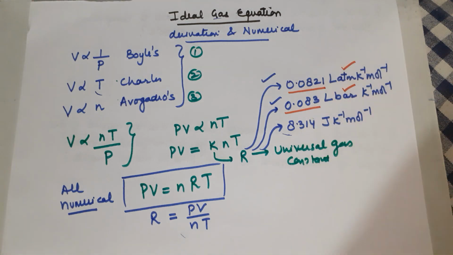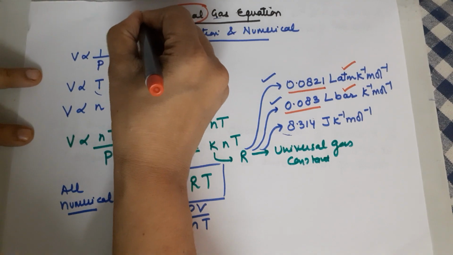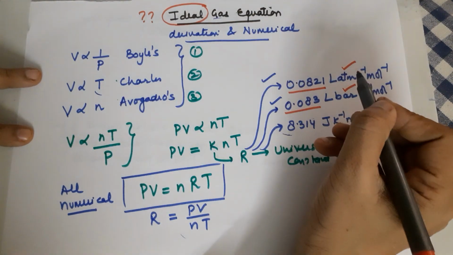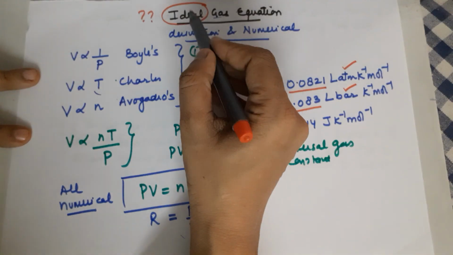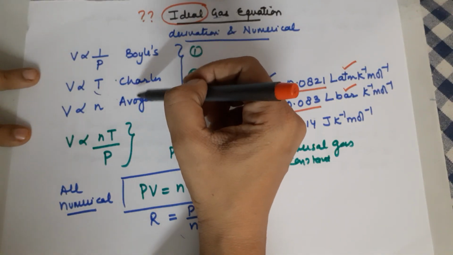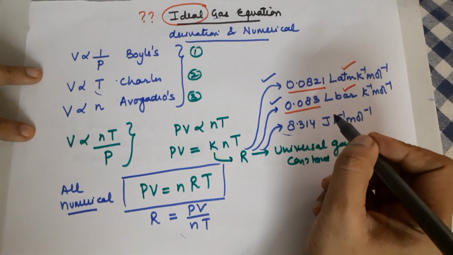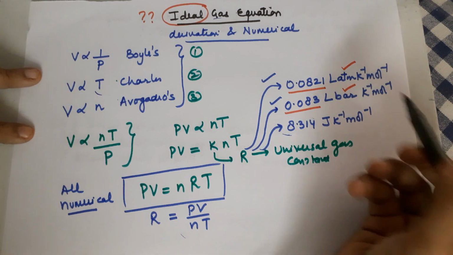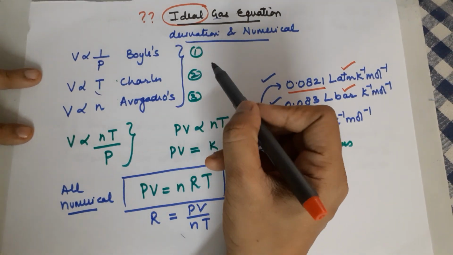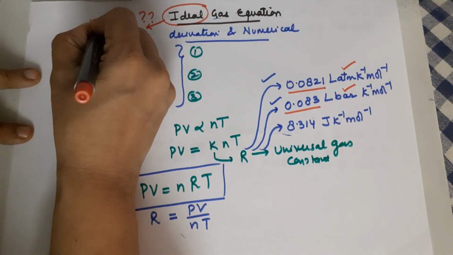The question is, why do we call it an ideal gas? Do we have such a gas? The answer is no. There is nothing called an ideal gas. An ideal gas is one which obeys all the laws at all temperatures and pressures, which is never possible. We do not have any gas which will obey the gas laws under all sets of conditions. So an ideal gas is hypothetical.